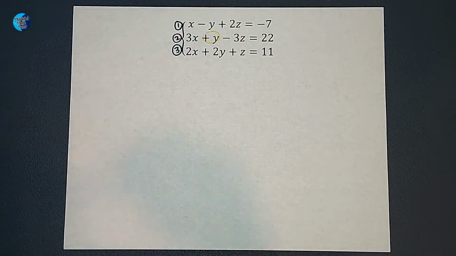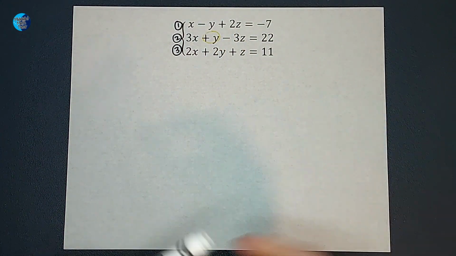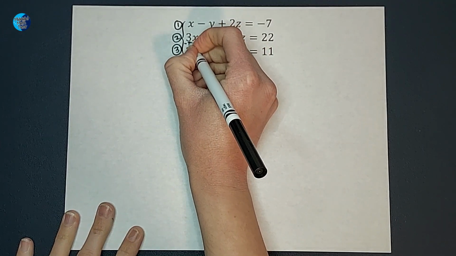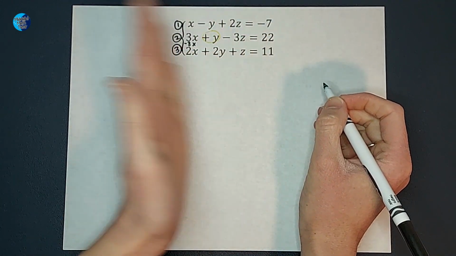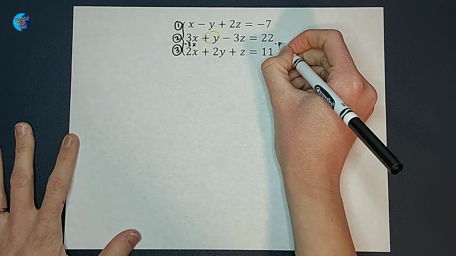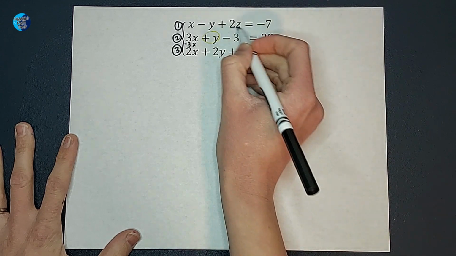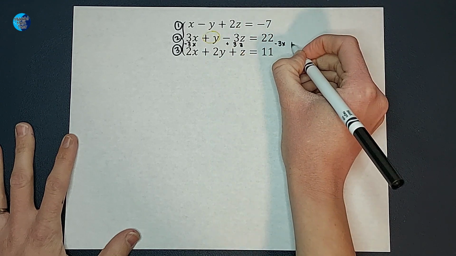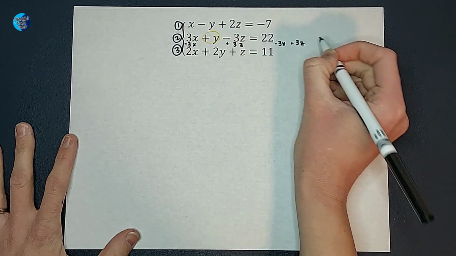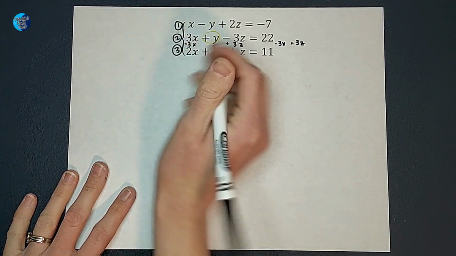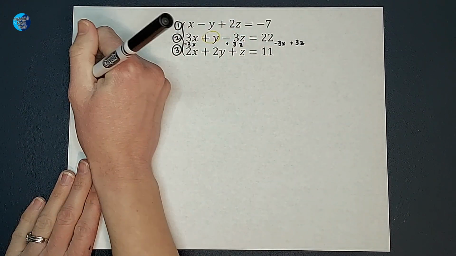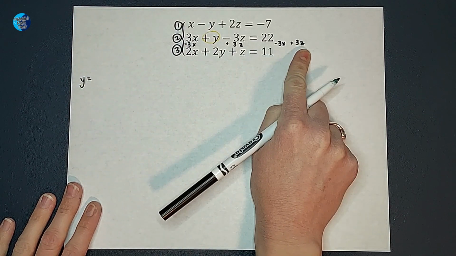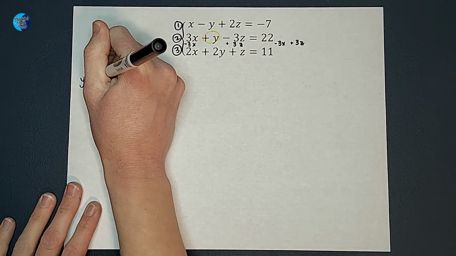I want to get it all by itself on one side of the equal sign. So to do that, I need to subtract this 3x. If I do it from this side, I got to do it to the other side of the equal sign. I also want to get rid of this negative 3z, so I'm going to add 3z to both sides. So then down here on this side, all I'm going to be left with is y equals, and then on the other side, I'm going to write the x first. So I'm going to have negative 3x